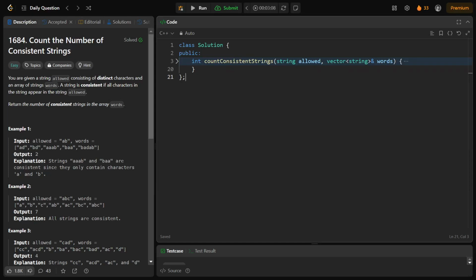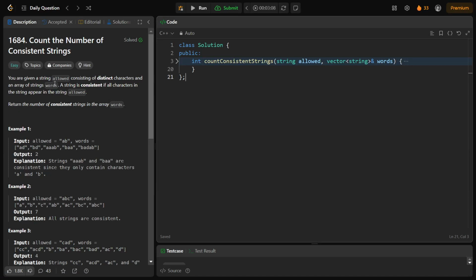Okay, so hi everyone, Senan this side, and in this video we are going to solve this LeetCode daily problem, which is count the number of consistent strings. The problem is quite simple, so I won't be doing the dry run of this on paper. So let's go through this question and I'll make sure that you understand each and everything that this question is